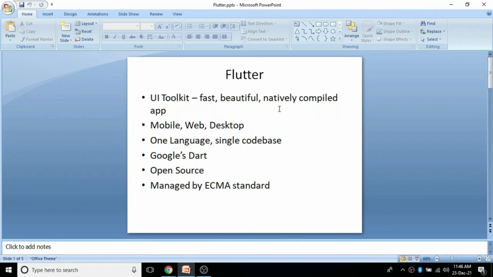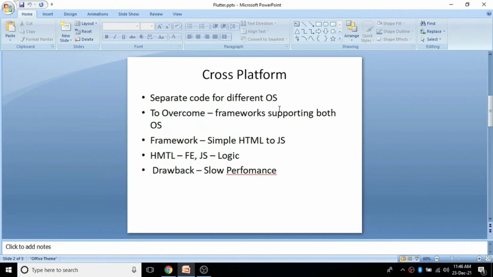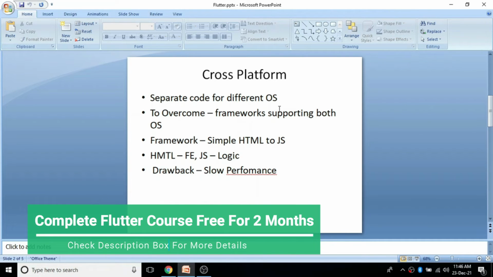JavaScript is one of the popular implementations of this ECMAScript. Even though we are going to use Google's Dart, this is managed by ECMAScript for some standards. And this is cross-platform. So coming to cross-platform, how it works in different OS, that's going to need separate code for